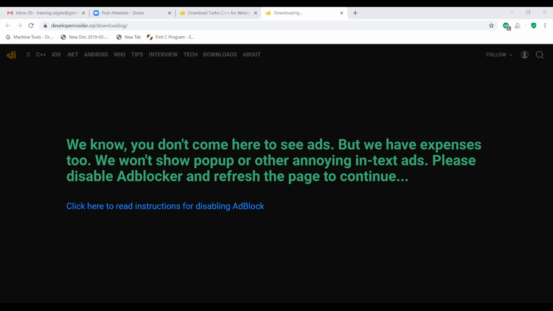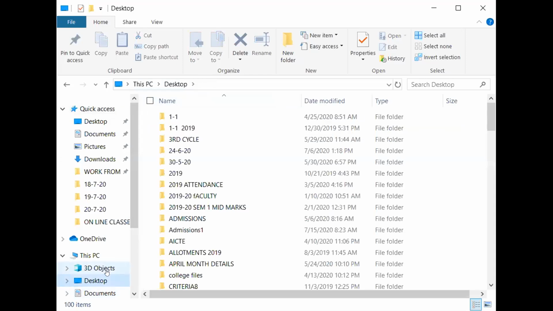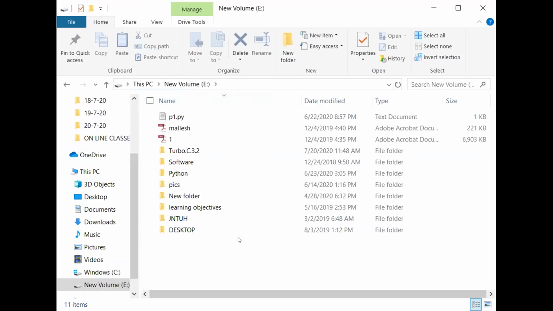Okay, just see my E drive once. Yes, this E drive contains Turbo C++ 3.2.